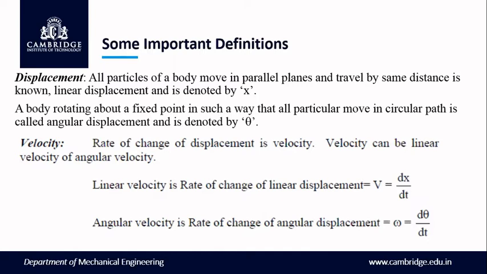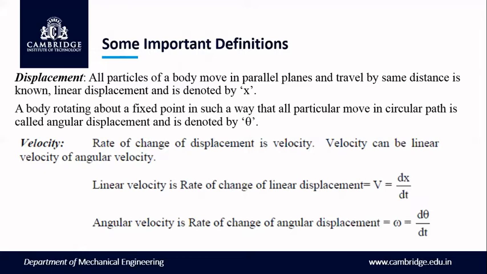We have different types of motions also, like plane motion, translation motion, rotation motion, both translation and rotation motion, helical motion, spherical motion, and so on. And we know the velocity is the rate of change of displacement, and this velocity can be either linear velocity or angular velocity. We know that the linear velocity is rate of change of linear displacement. If we take x as the linear displacement, the first derivative of displacement is linear velocity.